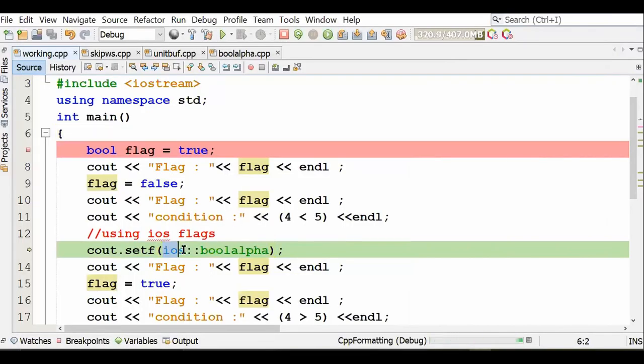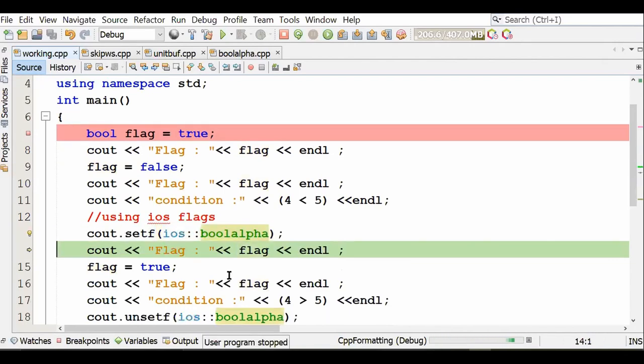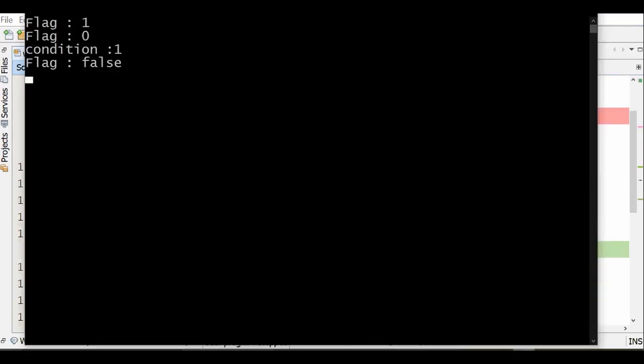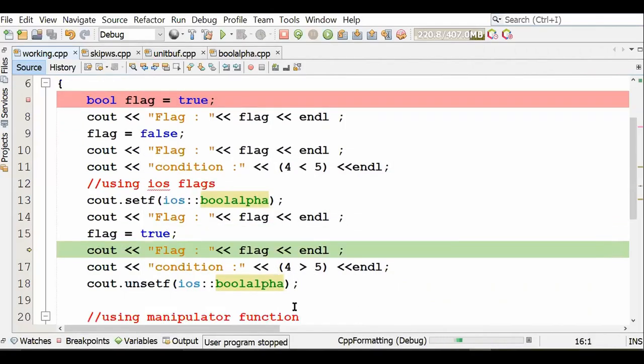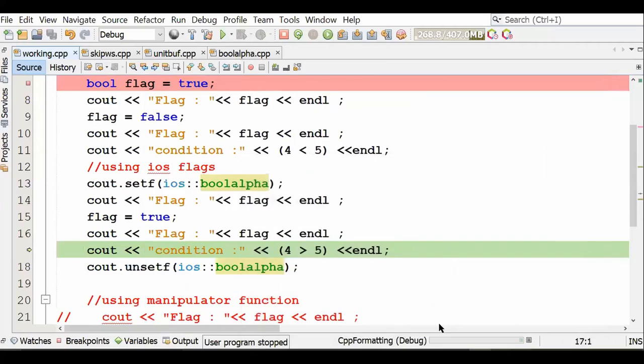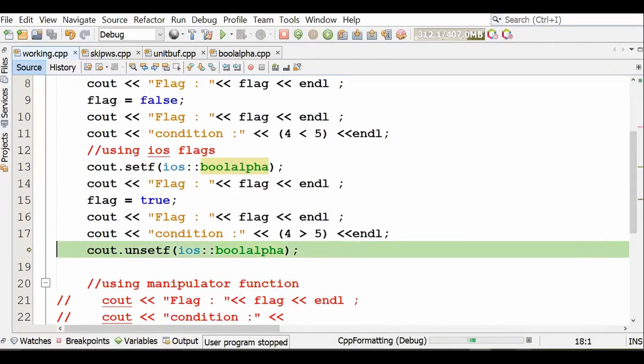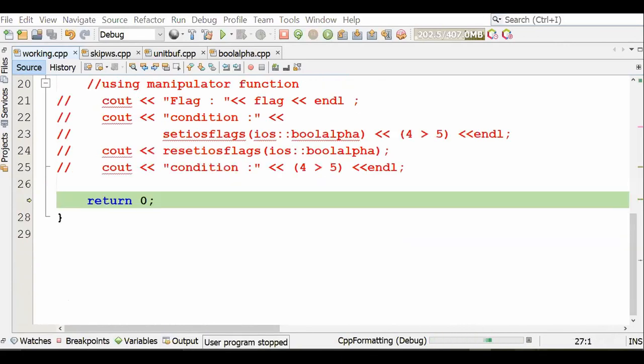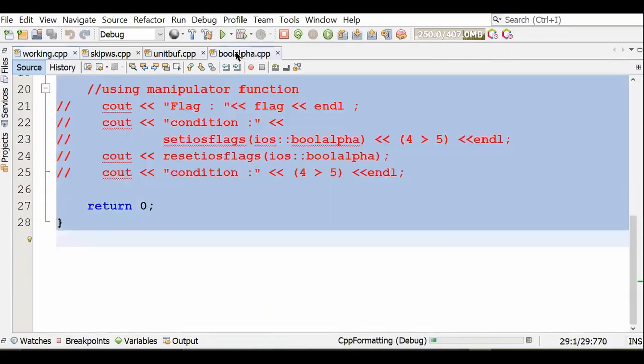So in that case, I say ios::boolalpha. Now, the moment I turn this particular flag on, henceforth, whenever I try and display the output, if it is true, it will display true. And if it is false, it will display false. No more zeros and ones. Now look at that. I display the value of flag. It is saying false. I say flag is equal to true, and I display the value of flag. It says true. I say 4 greater than 5. 4 greater than 5 returns a Boolean value, and that's false. So it will display the answer as false. Can you see that? I can unset it by saying cout.unsetf boolalpha. Now, the moment I say unsetf, that flag has been turned off. So that was about boolalpha.